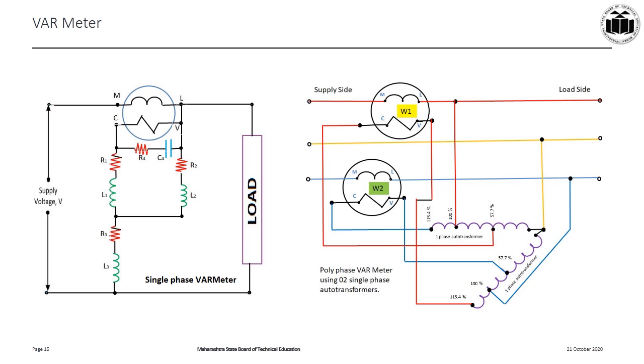In three-phase circuits, phase shifting is necessary for measurement of reactive power and is usually obtained from a phase shifting transformer. This phase shifting may be done with two autotransformers connected in open delta configuration, which is shown in figure 2. The arithmetic sum of the two wattmeters in figure 2 gives the total reactive power supplied to the load.